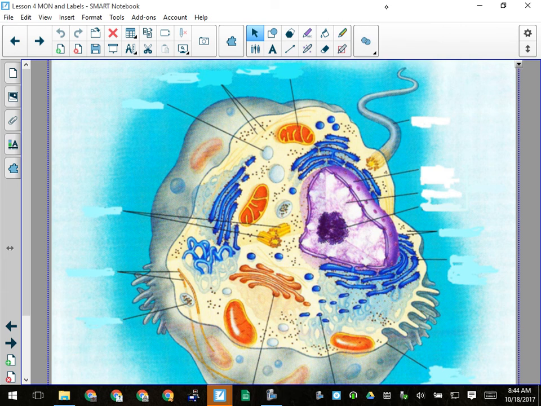All right, so we're going to start out with the animal cell here. I'm going to write down the names, and I'm going to try to write as neatly as possible for you so that you have all the names. I'm also going to talk briefly about the functions. If you want, you can put down a quick jot note about the function, but